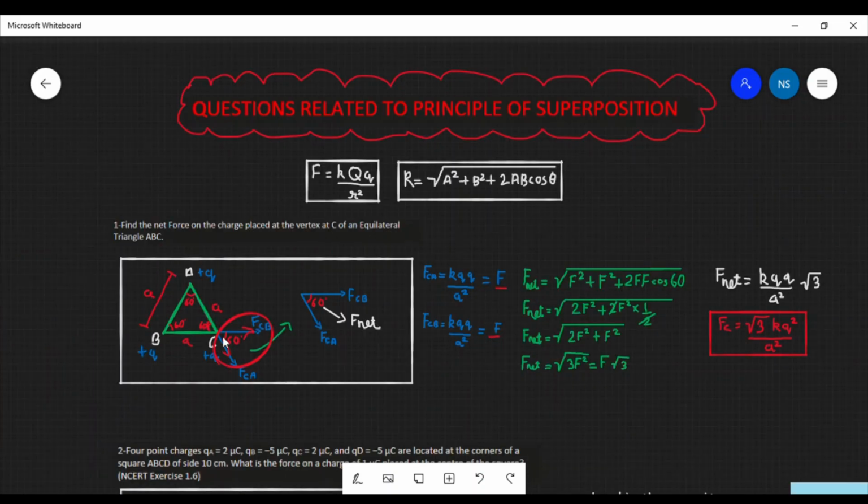So most of the time we solve the question like this only, that is we get the direction of the force and we get the angle between them, and then we vector add them and we get the final answer. But most of the time a question can be solved a bit mentally also, if we could understand,